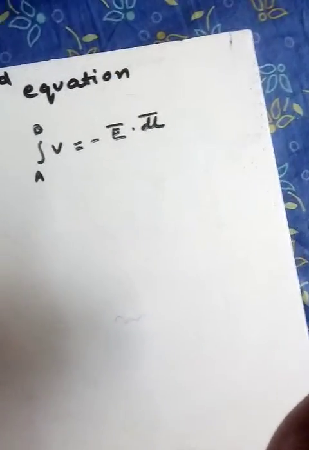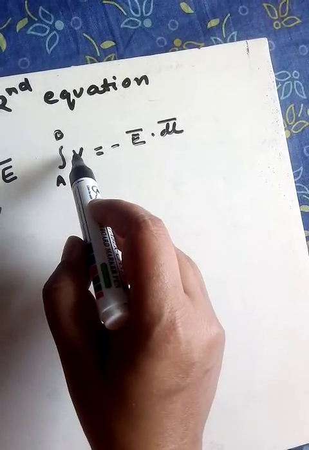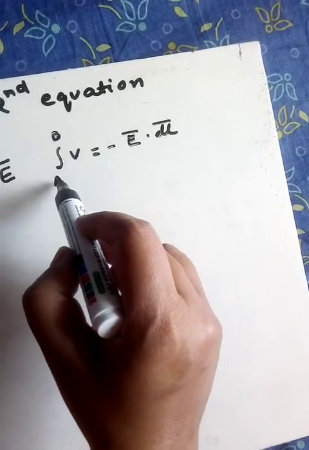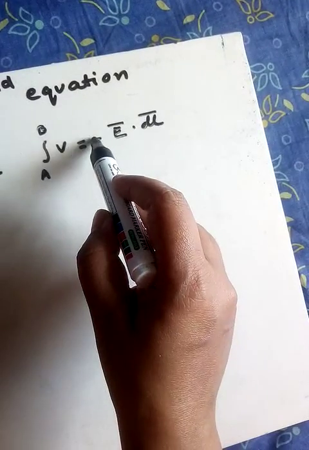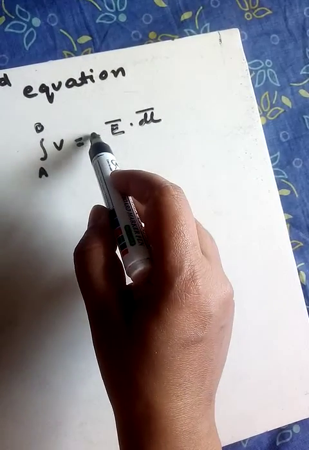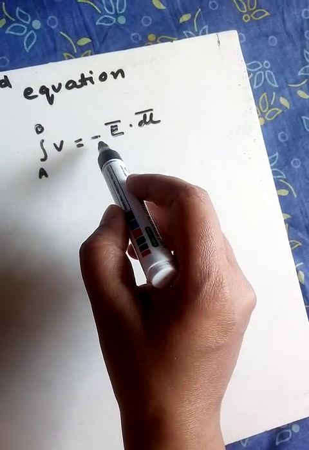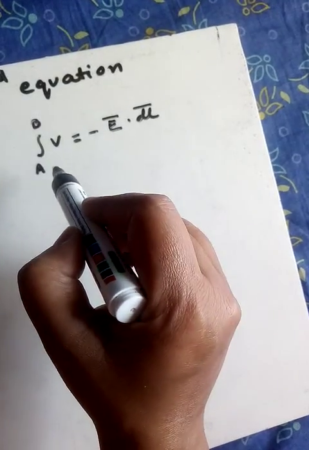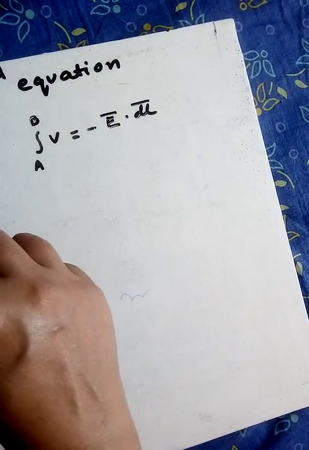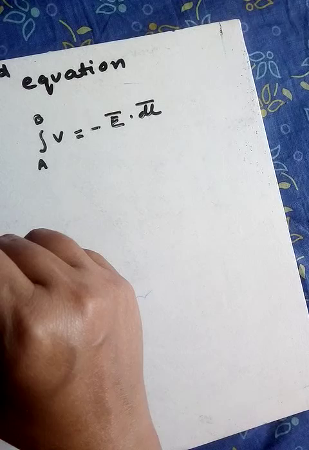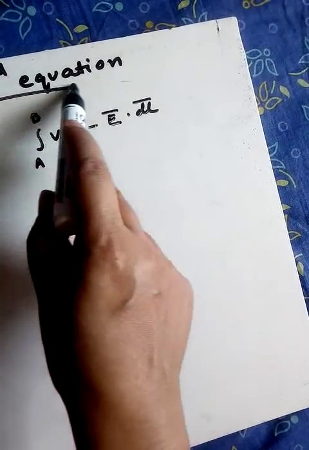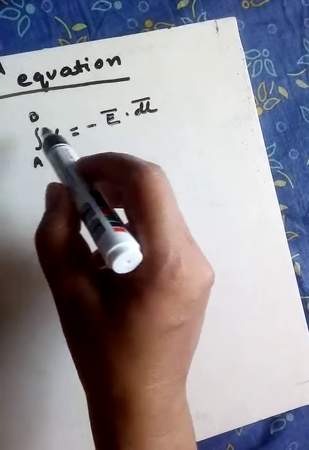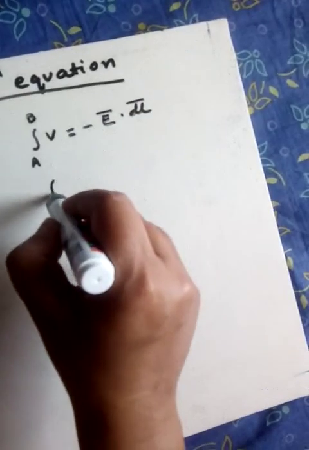Okay, so potential from A to B is equal to minus E dot dl. This minus is due to the fact that work is to be done to move the charge from point A to point B. Okay, now according to Maxwell's second equation, if this is a closed loop, that is, for a closed